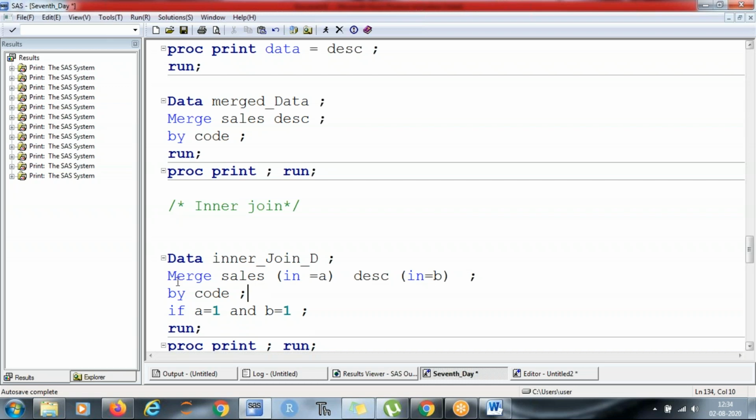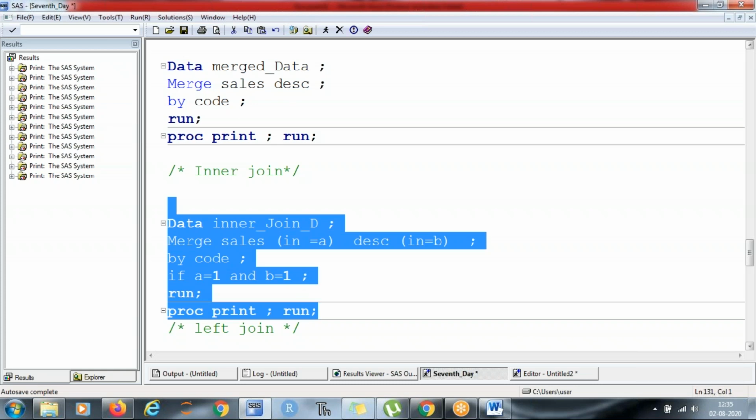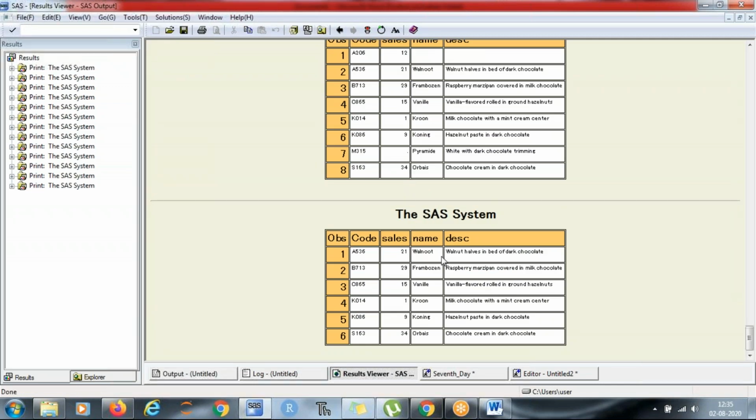So we are using the merge with the common variable, and now we are running if A is equal to 1 and B is equal to 1. मतलब A के लिए भी true हो, B के लिए भी true हो. So what would be the output of this command? It is the common variables which are there. So 6 are common, that's why you got the information on these 6 observations.